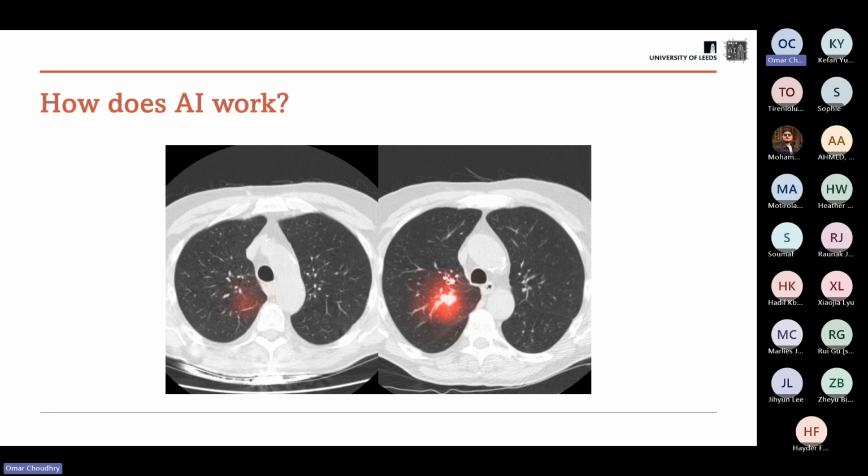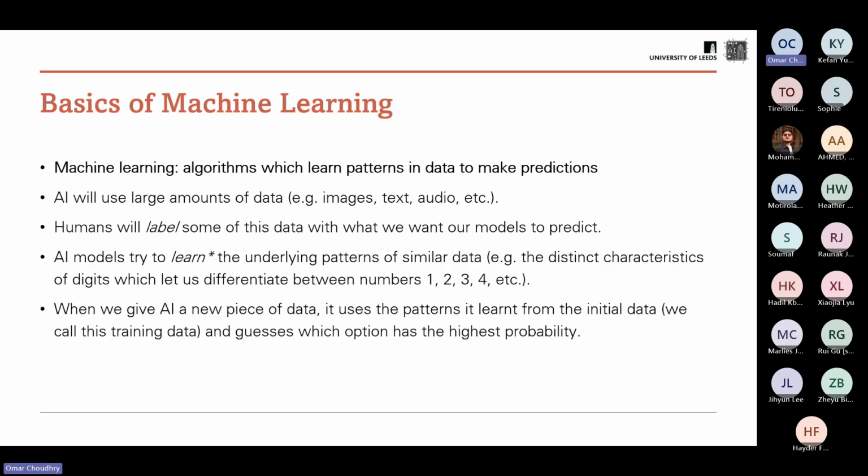do. So what we would do is we would give it maybe thousands of images of scans, and many of them would have to have something like a tumor inside it, something that we want to detect, and many of them would not have to have anything, right? They need to be completely healthy, and that way we give all of these images to a model, and we'll see how it can learn to then distinguish whether or not there is something there. And the way that it works is using machine learning. So this is where we use algorithms which can learn patterns in the data to make predictions.